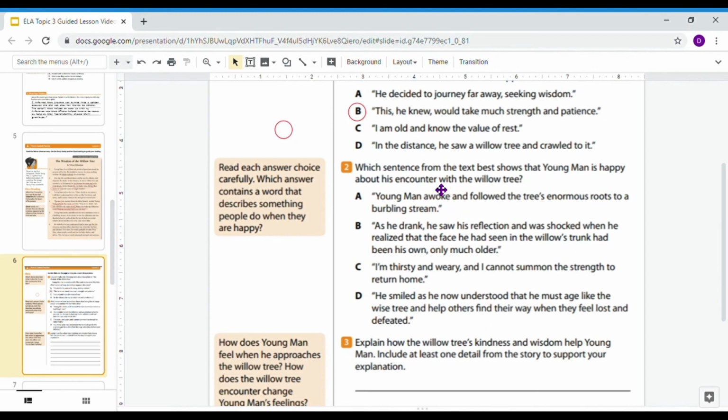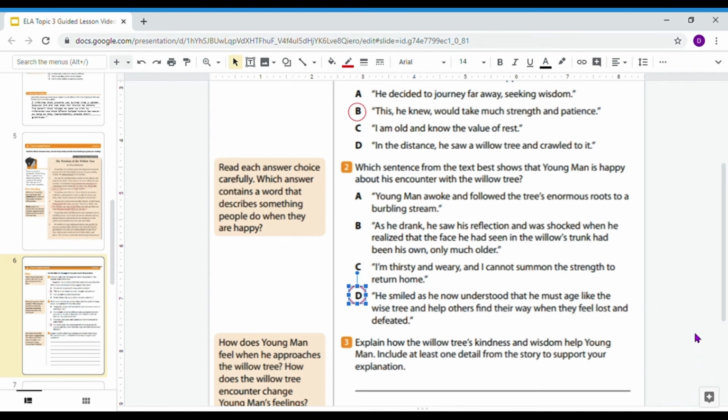So I think that the one that's showing that he's very happy with his encounter, with the fact that he found the willow tree, he took that nap, he had that dream, the one that really shows me that he is happy is going to be D. He smiled and he now understood that he must age like the wise tree and help others find their way when they feel lost and defeated. So the young man is described as smiling when he's thinking about meeting, seeing that tree,